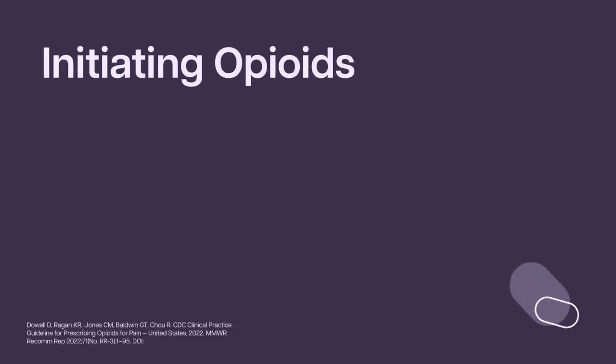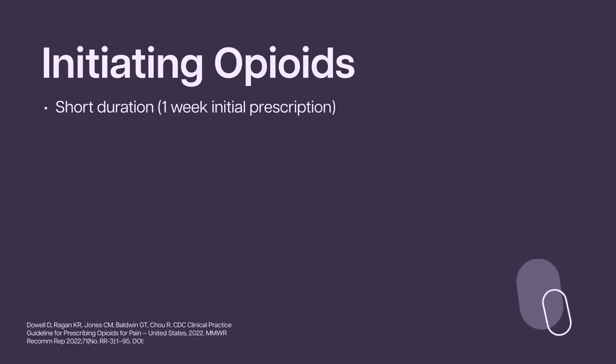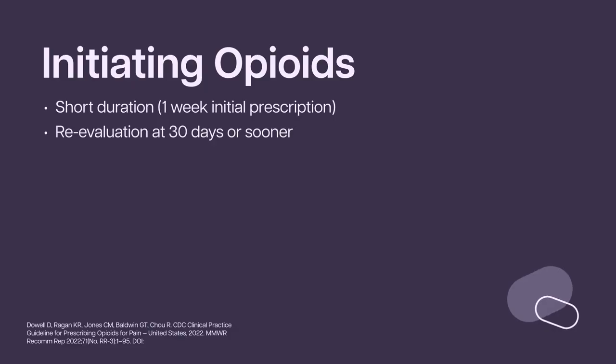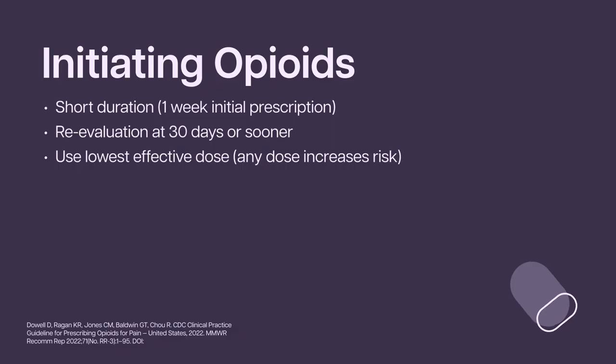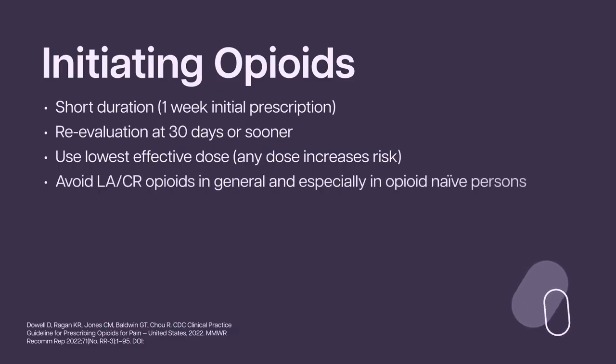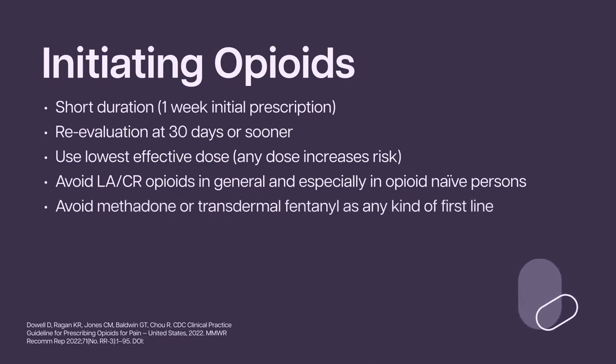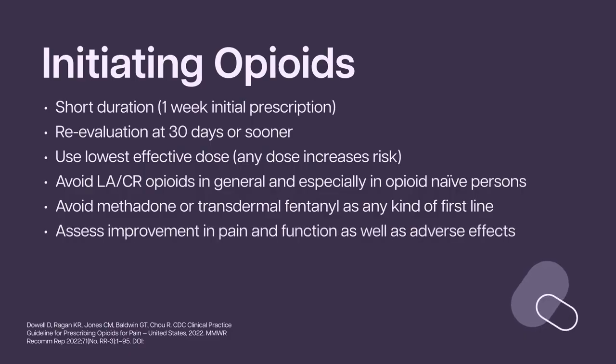When initiating opioids for chronic pain, make sure that your first prescription is for a short duration, preferably 1 week. You're also going to want to reevaluate that patient at 30 days or sooner. Use the lowest effective dose of opioid pain medication, recalling that any increased dose increases risk. Avoid long-acting or controlled-release opioids in general, and specifically avoid these in opioid-naive people. Avoid methadone or transdermal fentanyl as any kind of first line. And when seeing the patient back for reevaluation, assess improvement in pain and function in addition to any adverse events